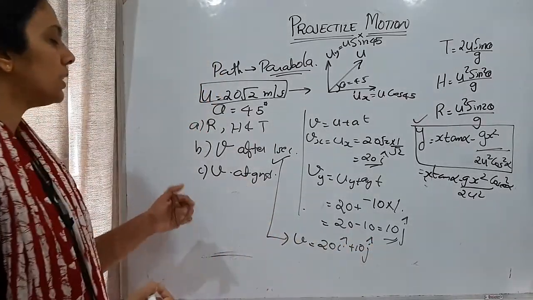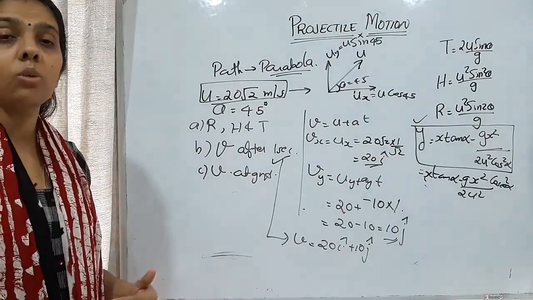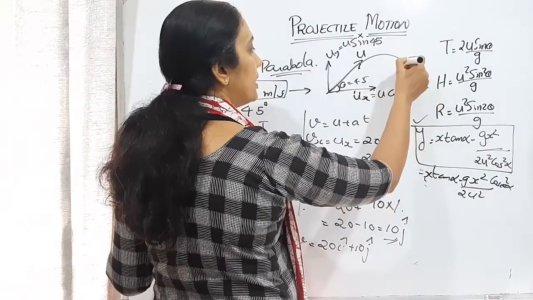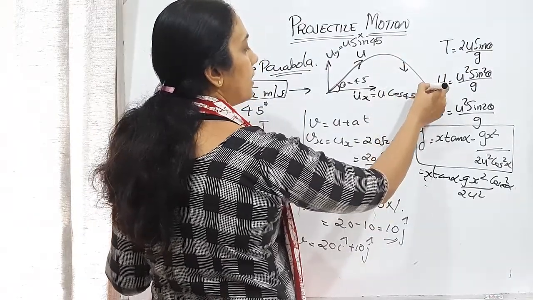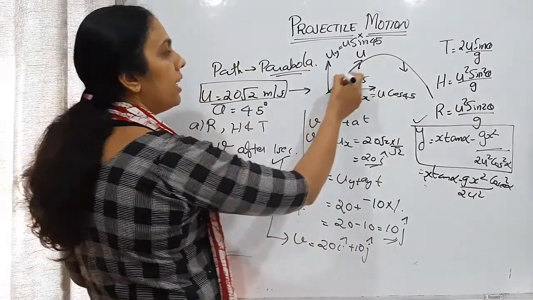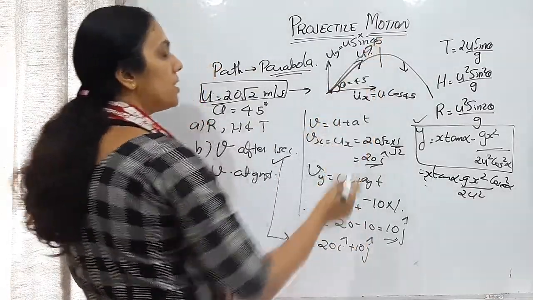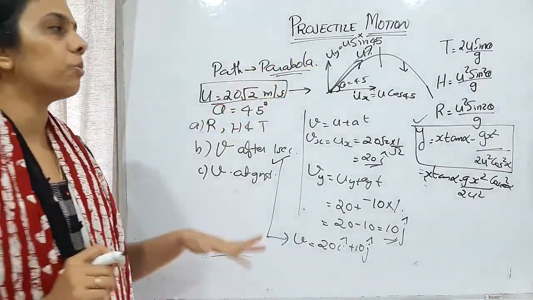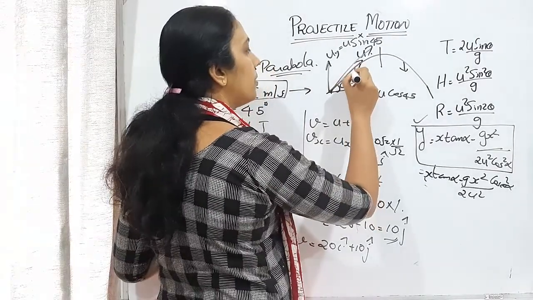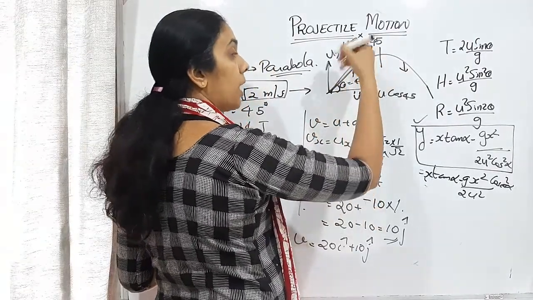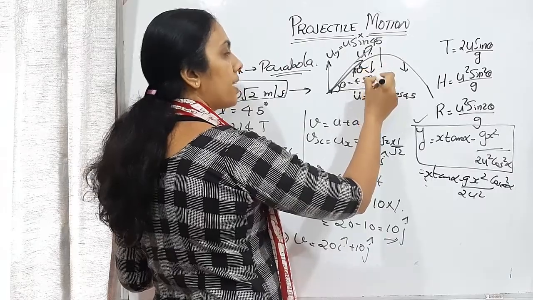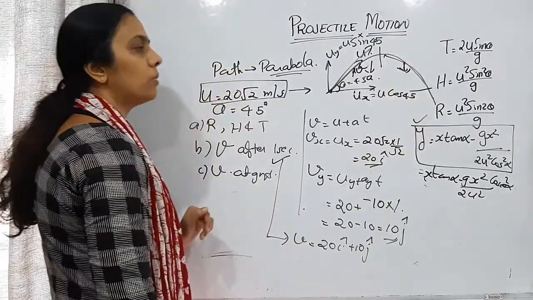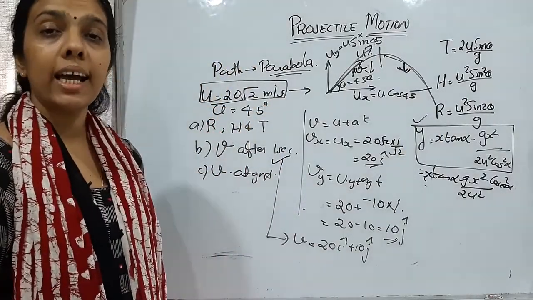Now we are moving to the velocity at the ground. When it is reaching the ground, what will be its velocity? When this projectile is reaching the ground, acceleration is in the downward direction and the velocity is just opposite. At the starting of its motion, when we throw the object, the projectile started its movement in the upward direction, right? Velocity was acting in the upward direction, but at that time also acceleration was downwards. In the downward motion also, acceleration is still acting in the downward direction, only the velocity direction is changing.